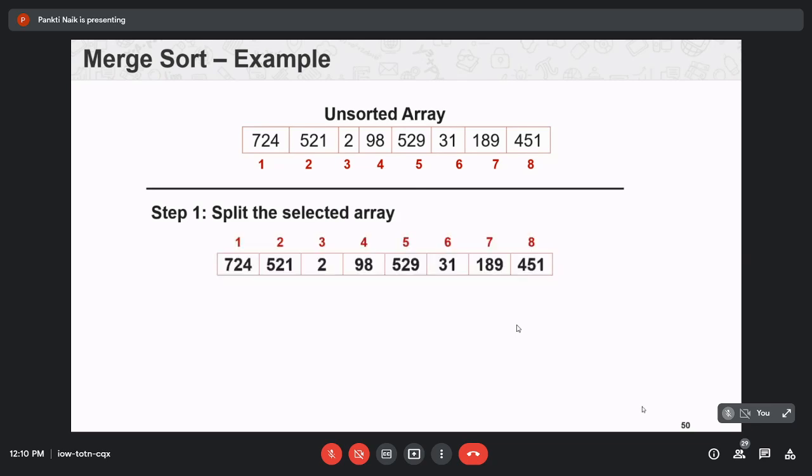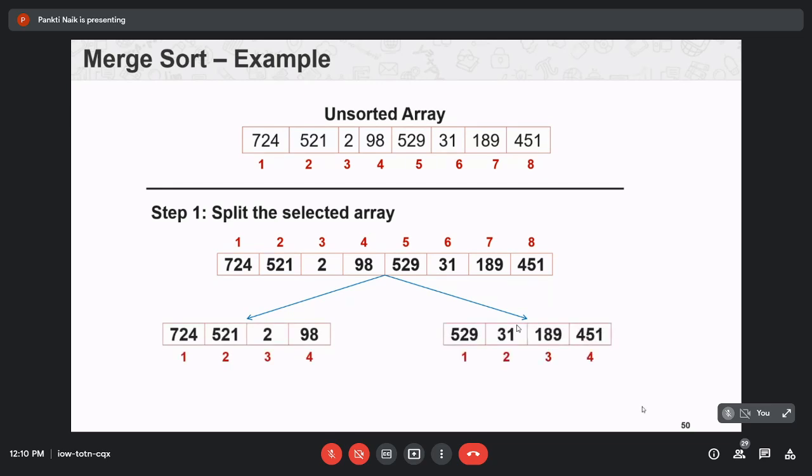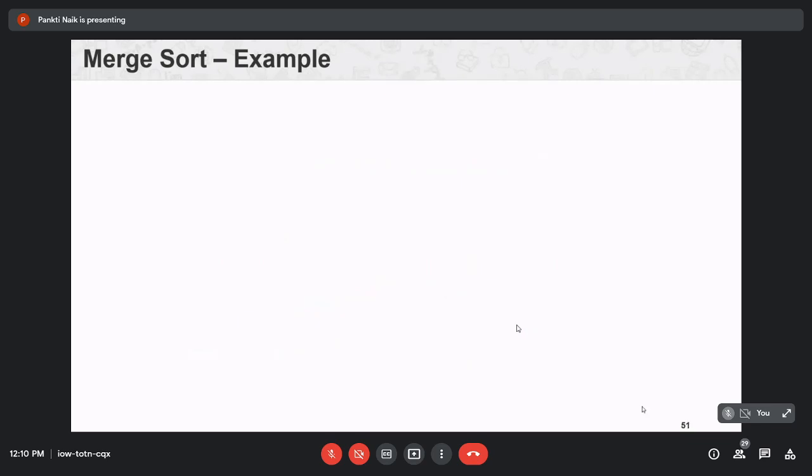So split the selected array into two equal partitions, n by 2 partitions. So we have a total of 8 elements in the array. So divide 4 elements in the left sublist and right sublist.